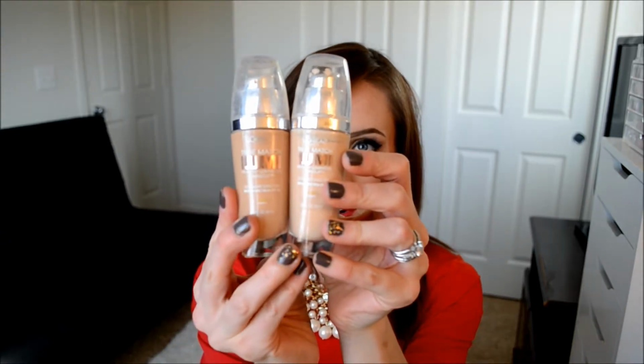I just like it. But on days where my skin is looking better and more clear, I like to have a dewy type look to my skin most of the time. So I've been using the L'Oreal True Match foundations. Right now, in the summer, I'm definitely the W3. I'm kind of more in the W2, 1-2 category, but I still like to mix a little bit of this in,